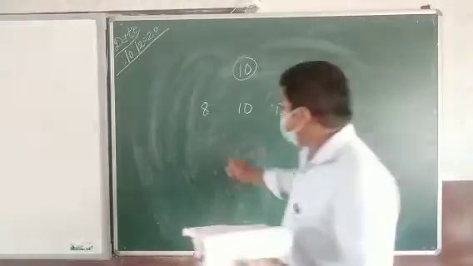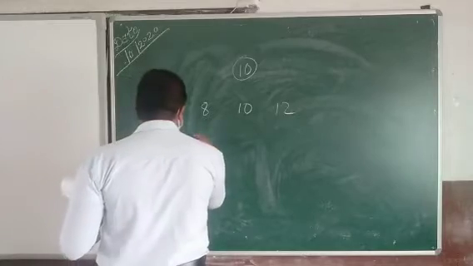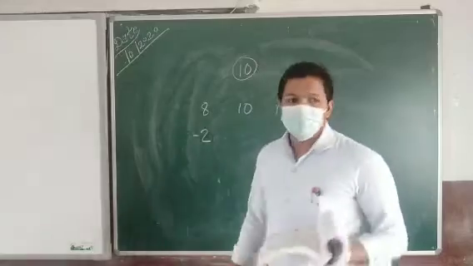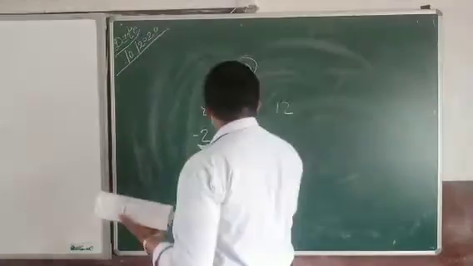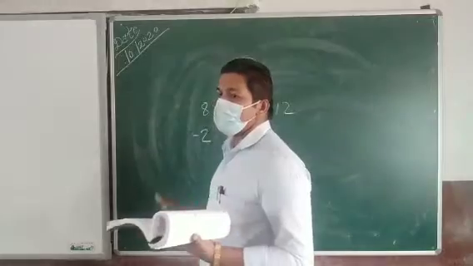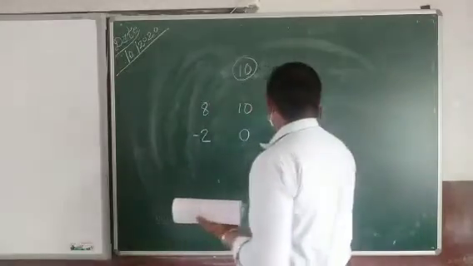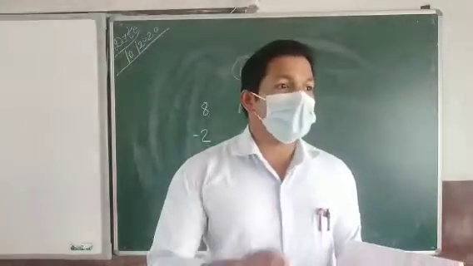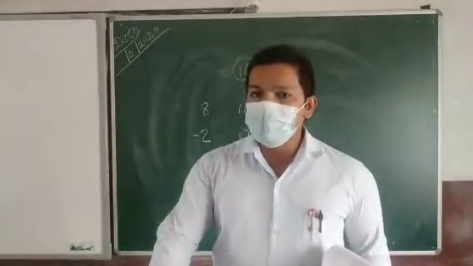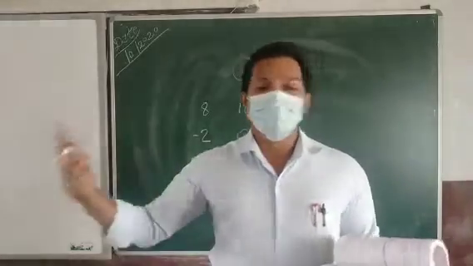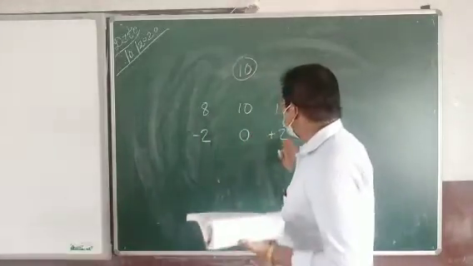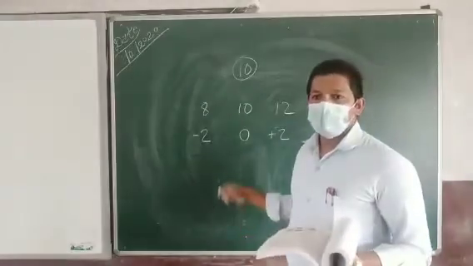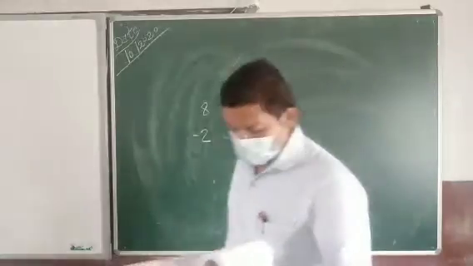So if 8 units are there, it means that there is a negative deviation, minus 2. You know, there is a negative deviation. If this one is 10, it is 0 deviation, there is no variation at all. And in this case, there is plus 2. Okay, there is a positive deviation. So there are 3 chances: either it will be negative, or it will be 0, or it will be plus. There will be positive deviation or negative deviation, and this one means that there is no deviation. Okay, so these three cases will be there.